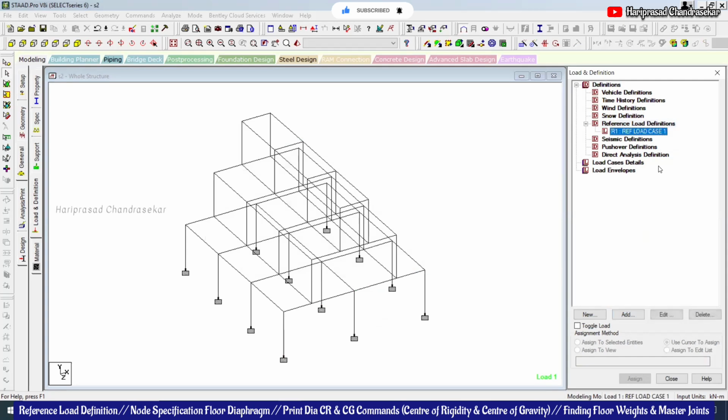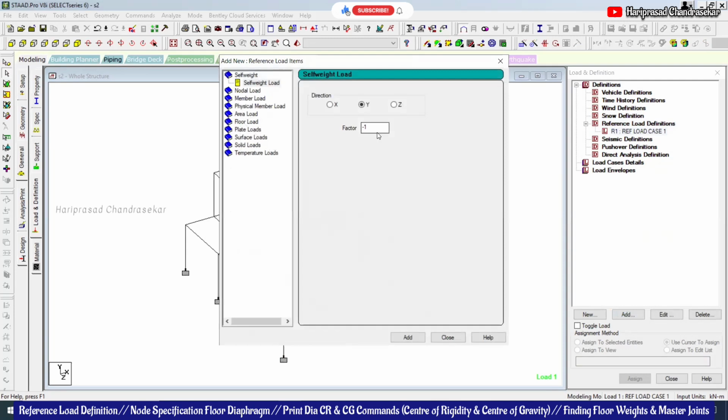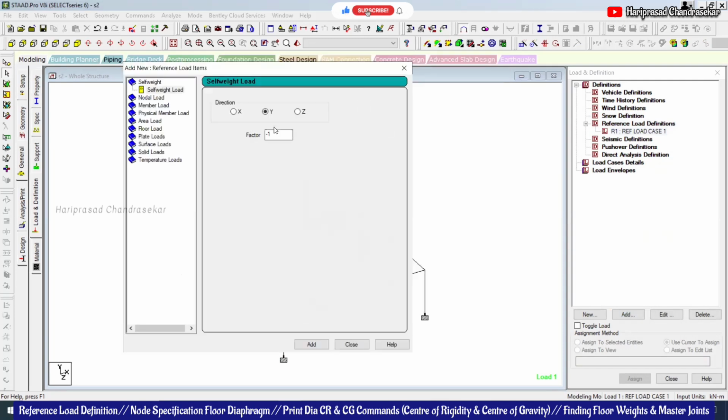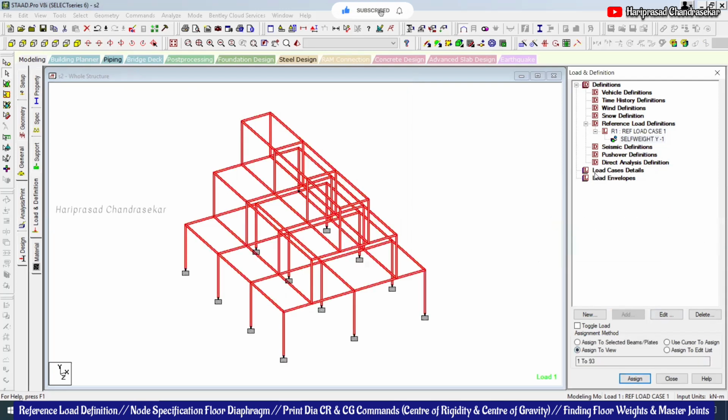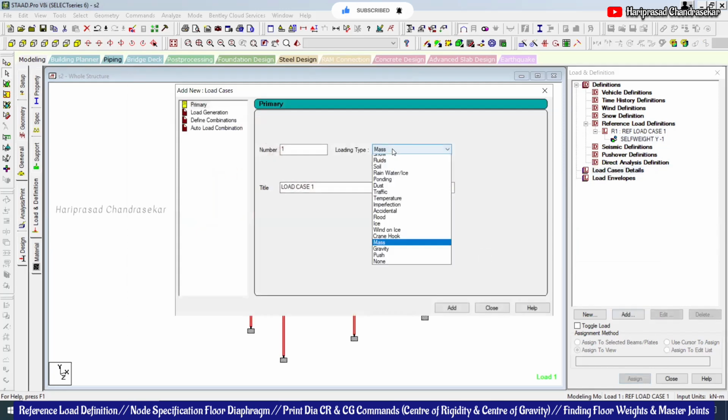Once you add it, you can again add. So that self weight and all it used to come. Okay. So you can take only y-axis or all three axes. It's up to you because self weight in all direction. Maybe for seismic analysis and all you can take, right? So now I'm considering only one direction. Assign to view. Okay. Now immediately here you can select the mass also